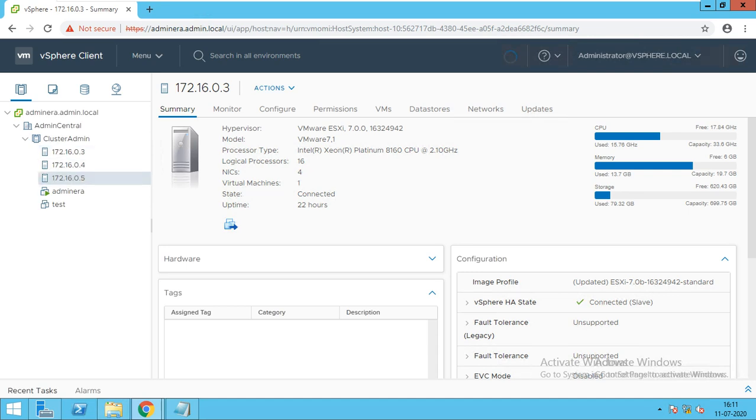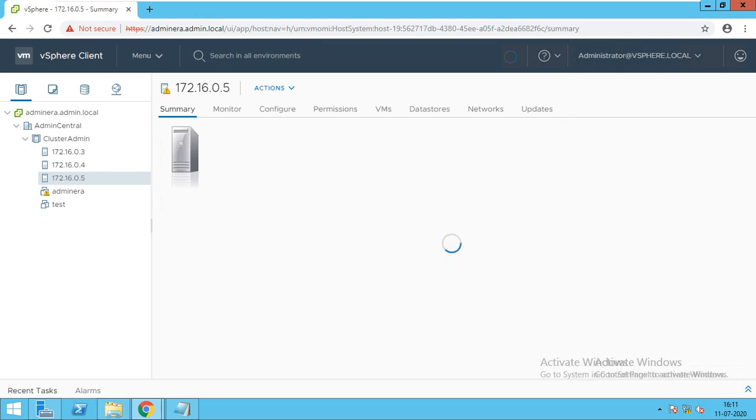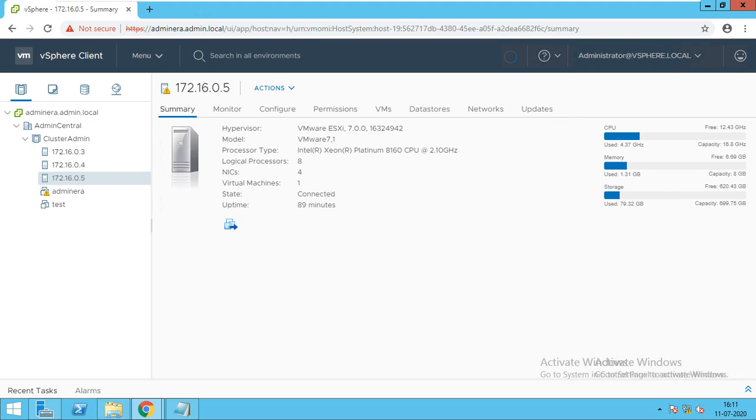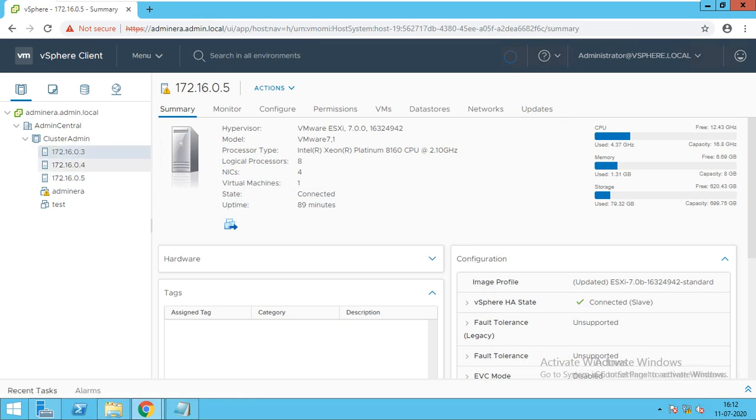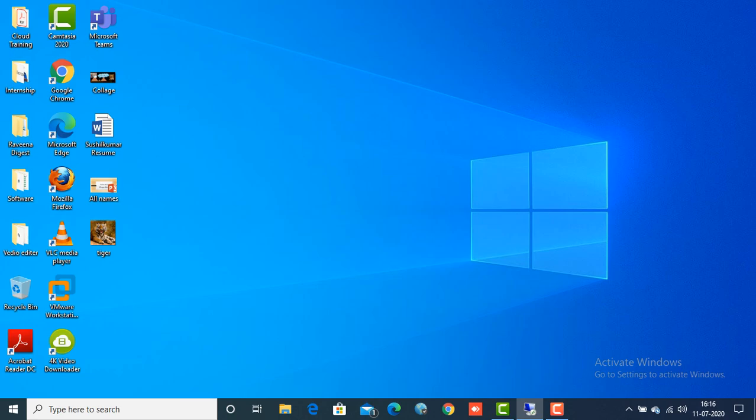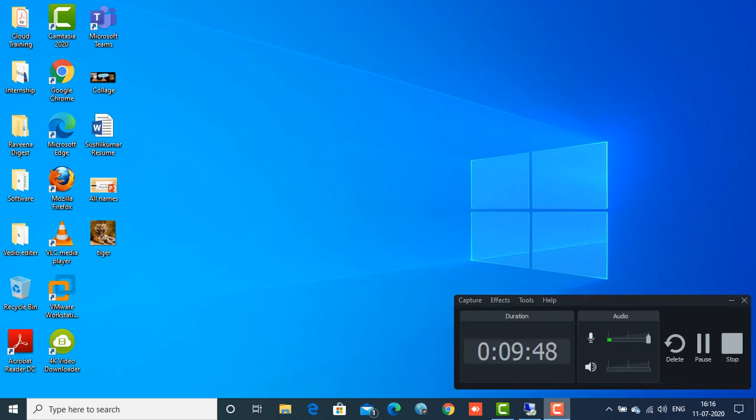So like this, you can suppress that error. The only reason that error comes is that you don't have the shared storage. As soon as you have the shared storage, that error will not come. So now everything is fine. I suppressed that error also. So you can see nothing is a problem with this. We'll just check, and thanks for this video. So please stay tuned.